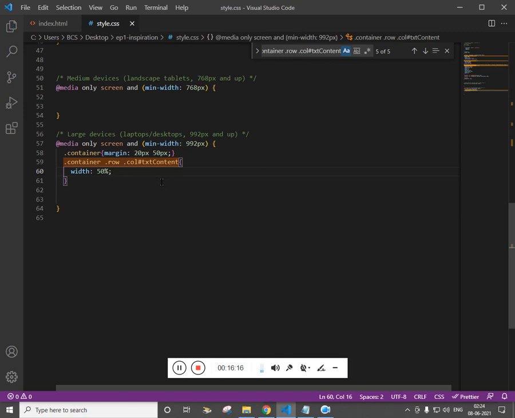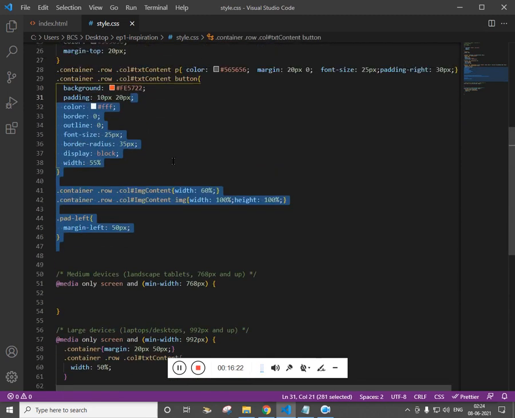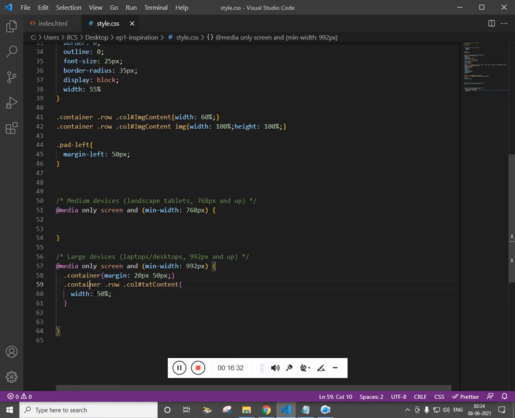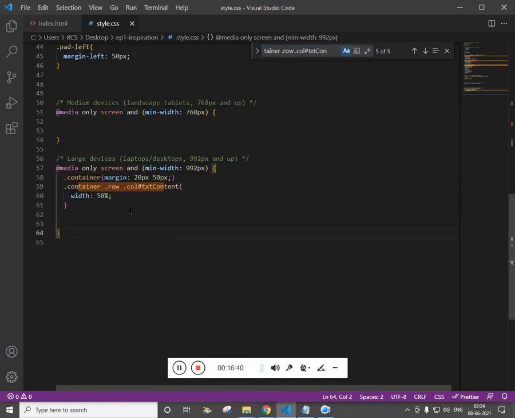So if you are wondering why the code for desktop is very less compared to the code for the mobile, it is because whatever we write here is just going to override. This is just the addition on top. So that means the style will be applied for the desktop as well, but it will override the width. So that's it.